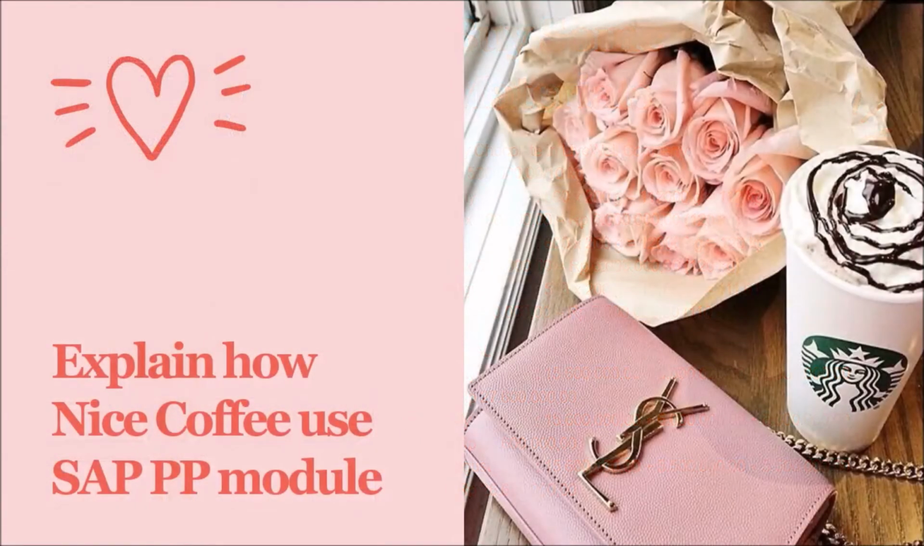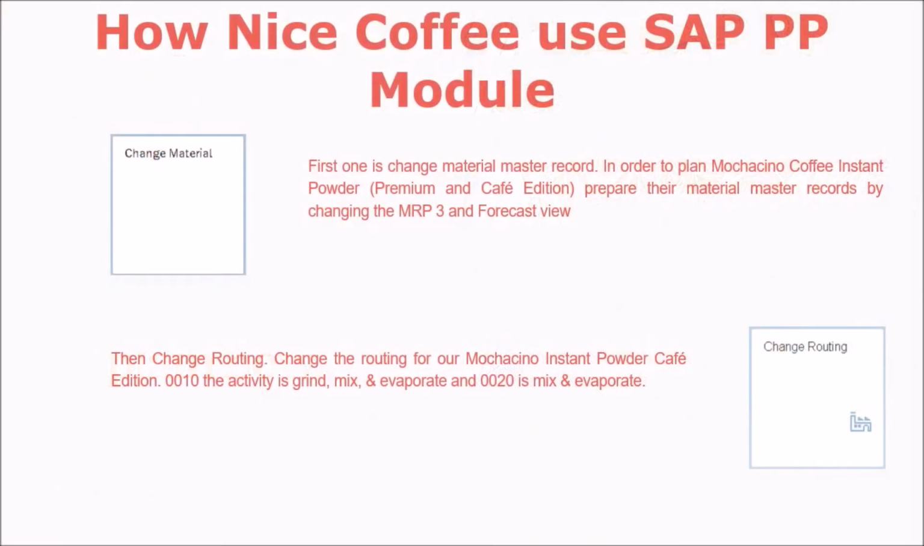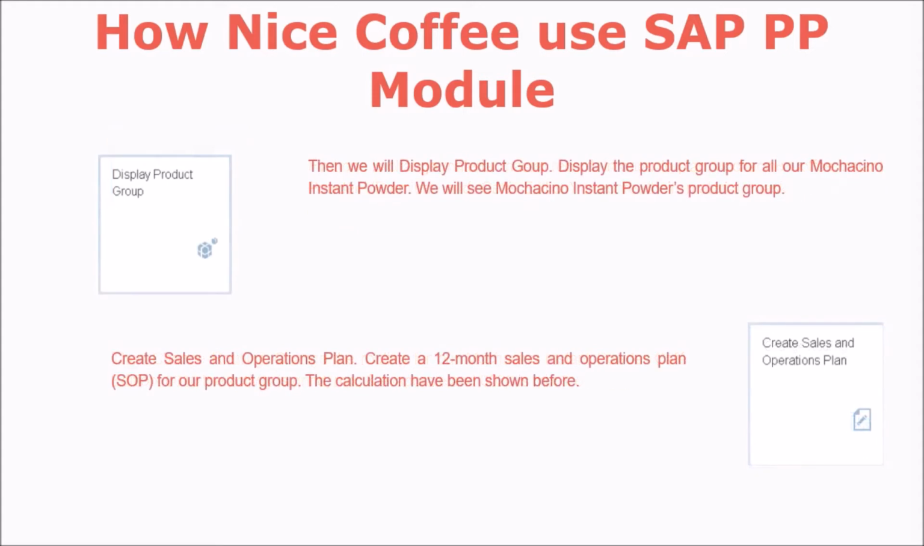So let me explain how Nice Coffee uses the SAP PP module. The first one is change material master record. In order to apply Mochaccino coffee in stock order, permanent and cafe prepare their material master record by changing the MRP and forecast view, and then change routing. And then we have two activities, like green mix evaporate and mix and evaporate. And then we will display